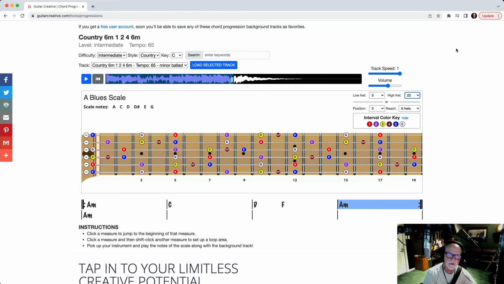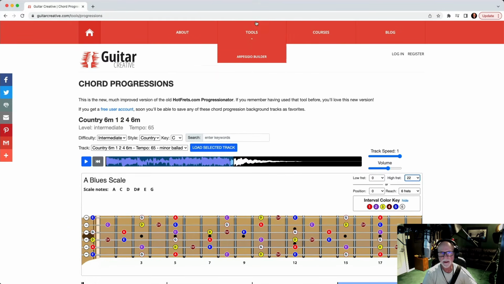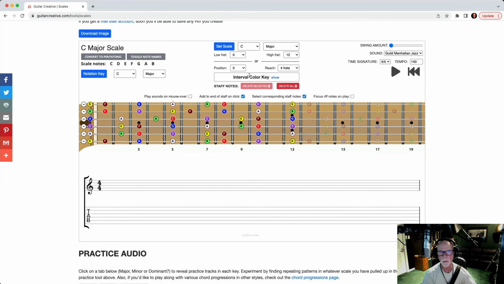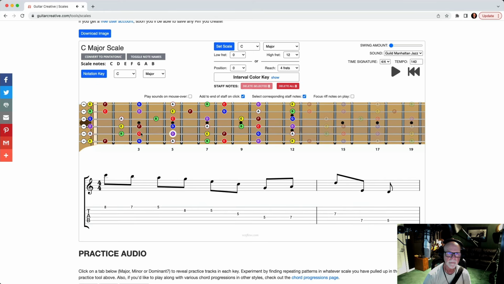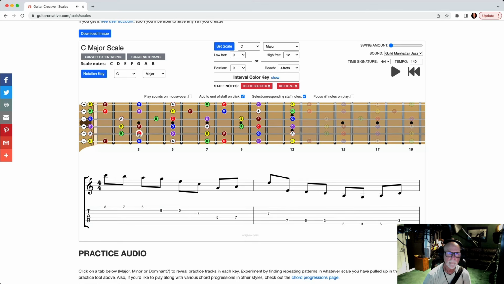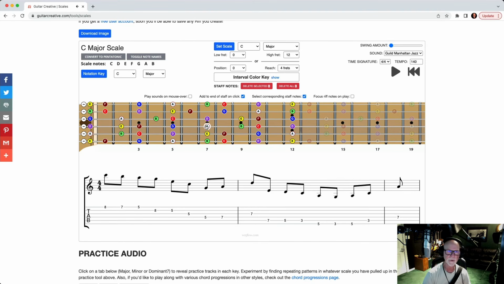Again, I'm going to use these tools to teach. I'll go to the scale builder for an example, and you can build things, by the way, just by clicking the notes. So let's say you want to clicking on it. I've got my mouse. I'm having to use my trackpad. Let me use my mouse. So there's a little riff we just made up. So if I play it back,